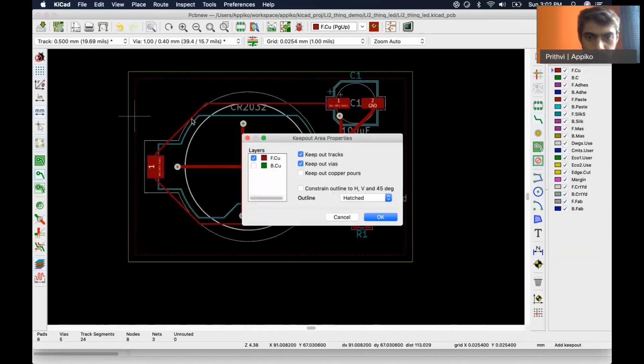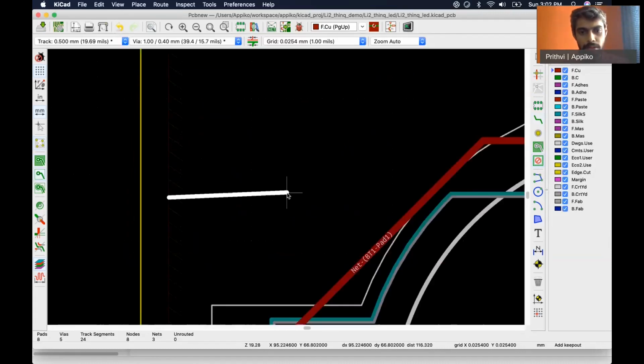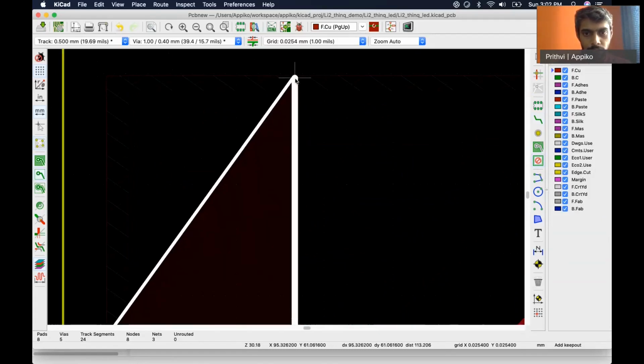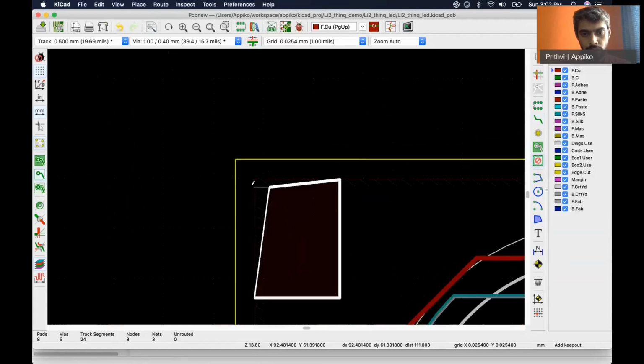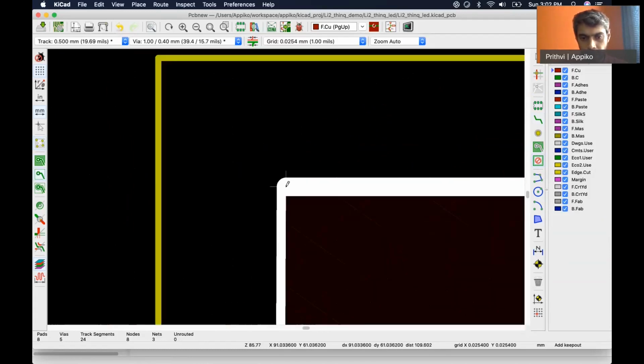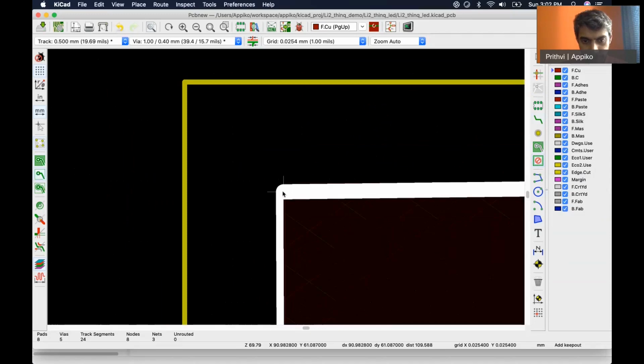We add keep out on both front and bottom for tracks, wires, and also we'll add a keep out copper pour. Actually, this need not be a rectangle, although for the first design we'll make a rectangle.